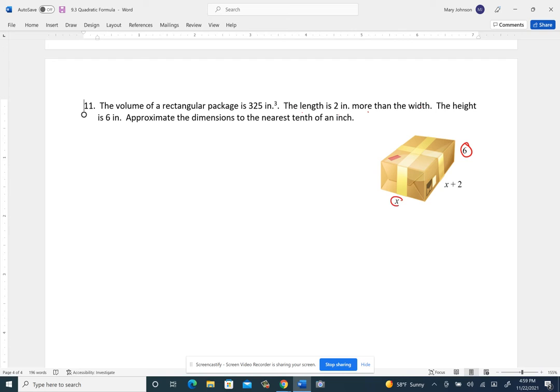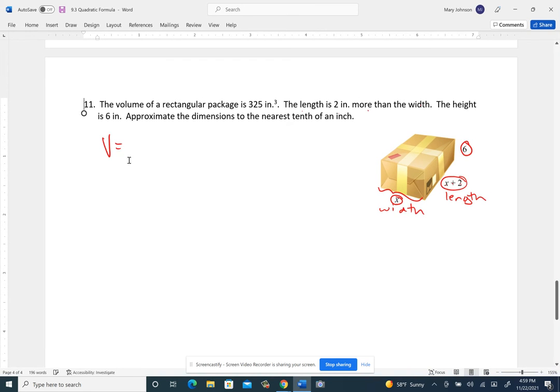So the 6 for the height of the box is pretty obvious, but here the length is 2 more than the width. So what they did is they let x represent the width of the box, so that's the width right there. Then the length is 2 more than that. So that's where that came from. So you need to know this, that the volume of a rectangular prism,